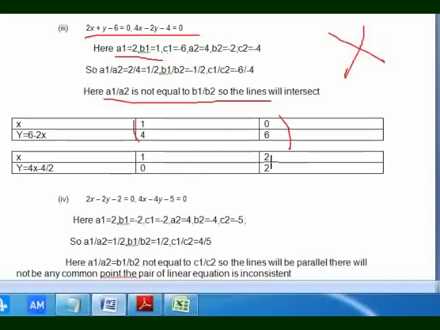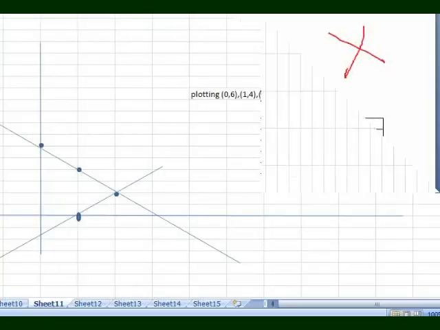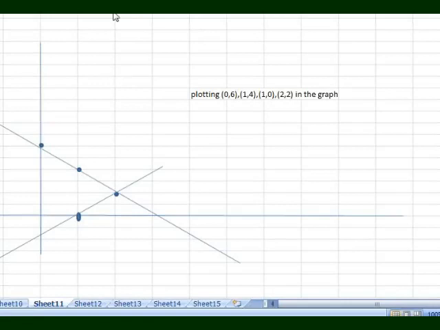And then place the value of x as 2. So 4 into 2, that is 8 minus 4. 8 minus 4 is 4, and 4 divided by 2 is 2. So for this equation number 2, we are getting two coordinates, that is 1, 0 and 2, 2. So let us plot these four coordinates in our graph. So let us draw the graph by plotting the four coordinates that we have found from the two equations.